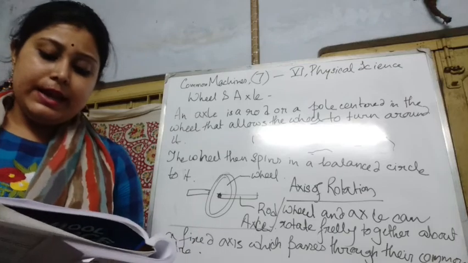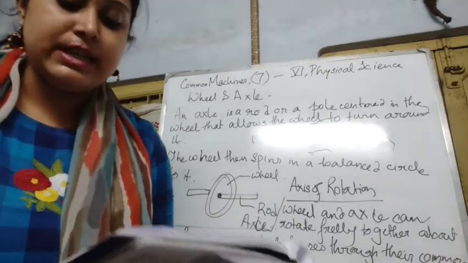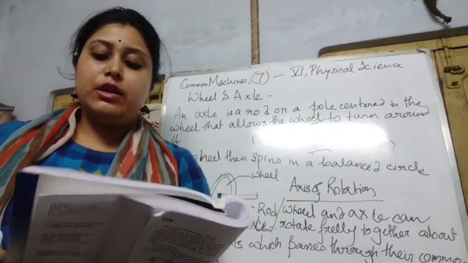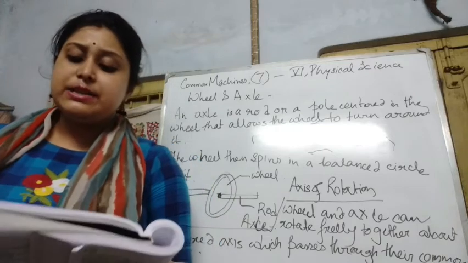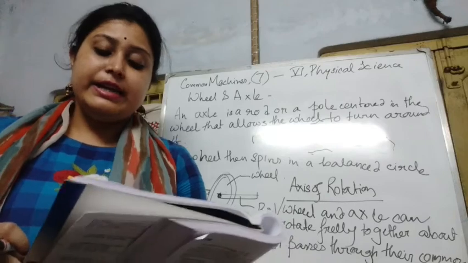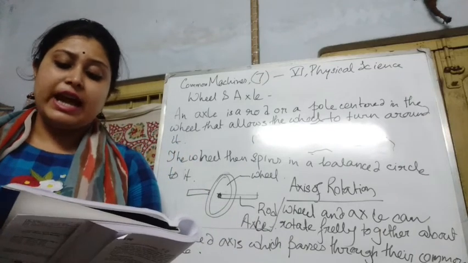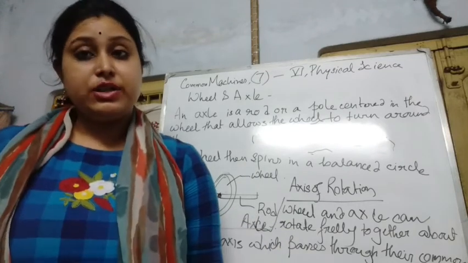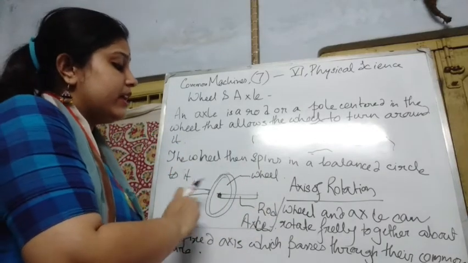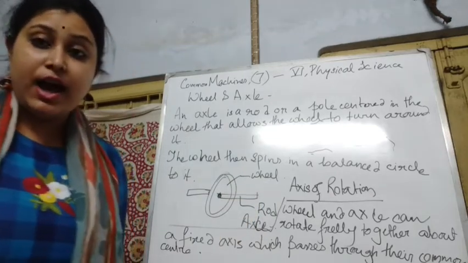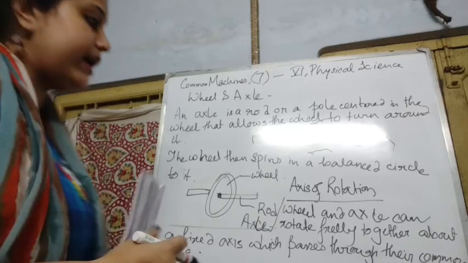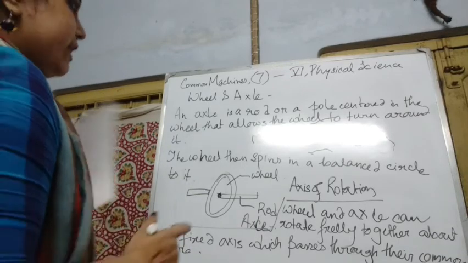The wheel and axle arrangement can be put to use in lifting loads. How much load the effort can lift depends on many things. It mainly depends on how many times the wheel is larger than the axle. So if the wheel is big, then the rotation will be much higher. So what is the mechanical advantage of it? The mechanical advantage of it